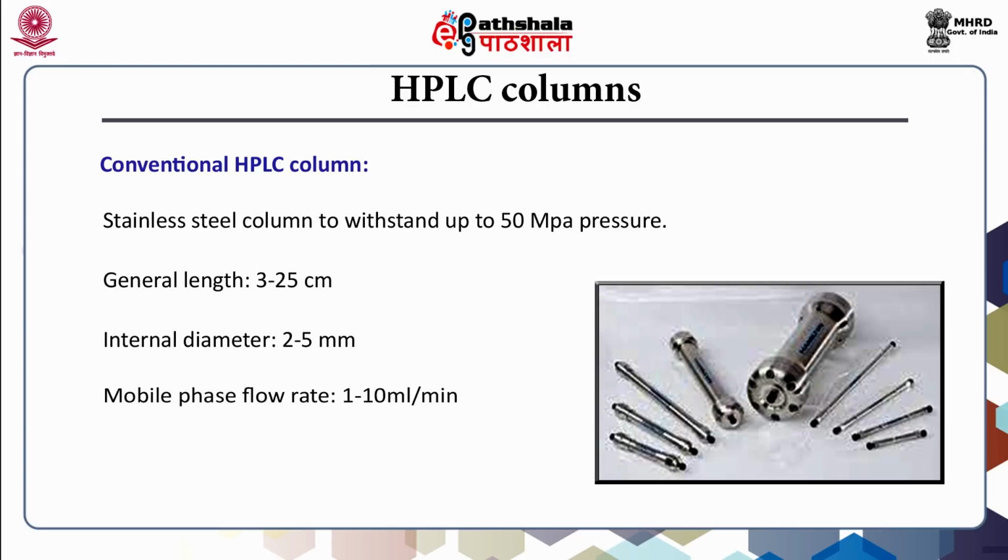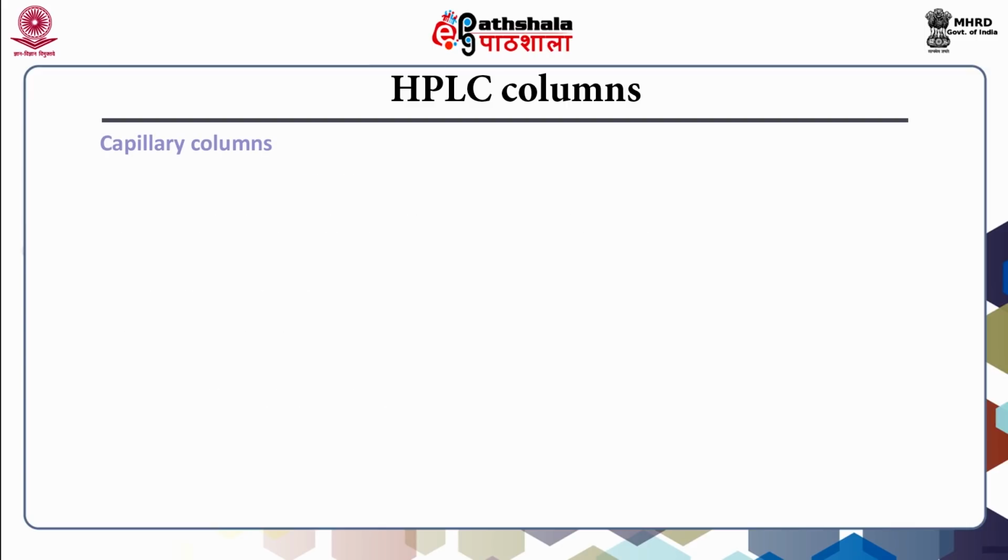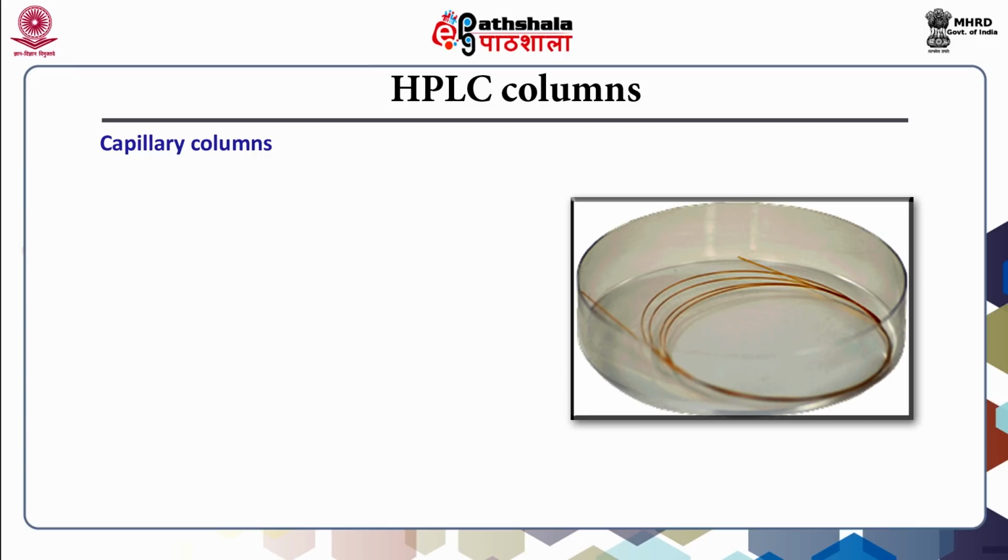Let us discuss the next column format in the next slide. The capillary columns are thin columns. The inner diameter for these columns is 100 micrometer to 1 millimeter, and the flow rate in these columns is very slow, like 0.4 to 200 microliter per minute. These capillary columns are very important, used especially in mass spec and HPLC combination kinds of instruments,